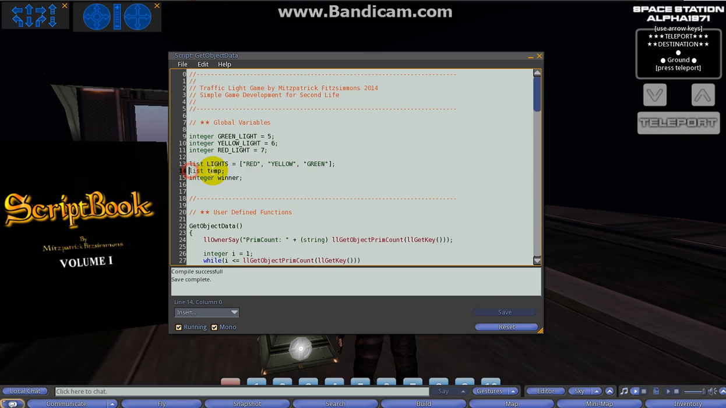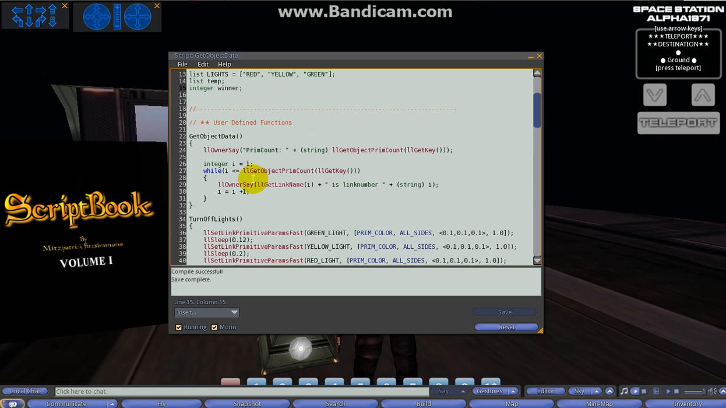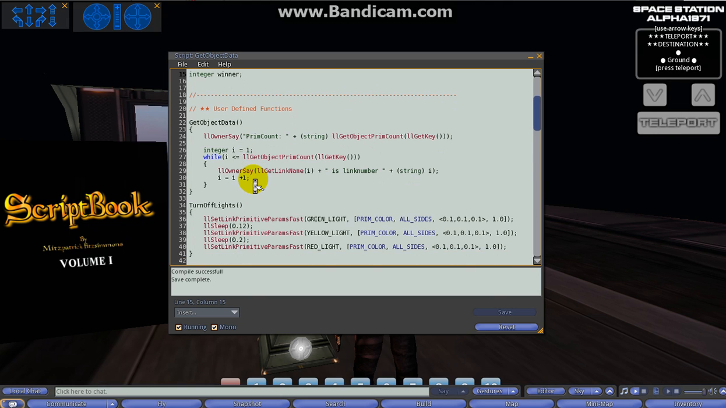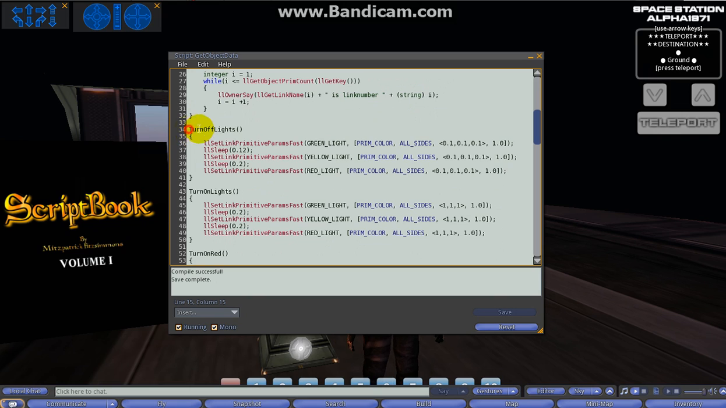And then we got a list temp, which we have not defined. We've just declared it as a global variable. And then we have an integer called winner, and we've only declared that as a global variable. We haven't defined those yet, so we will define those later on in the script. As we go down into our user-defined functions, we can see we've got turn off lights, okay, and then we've